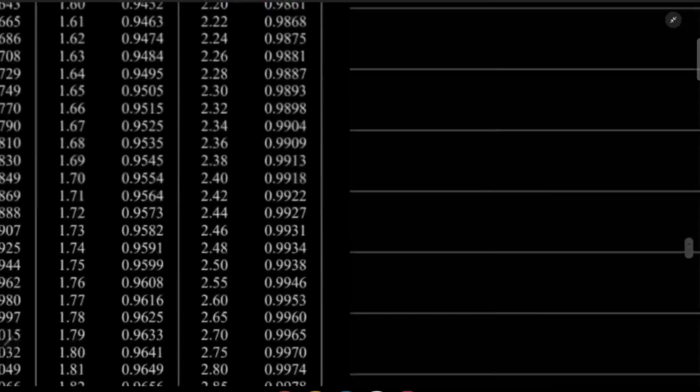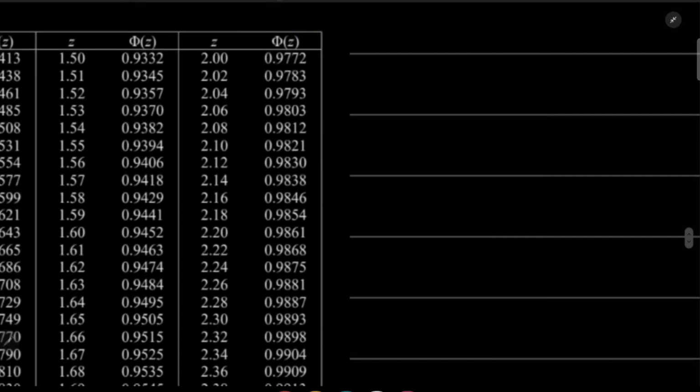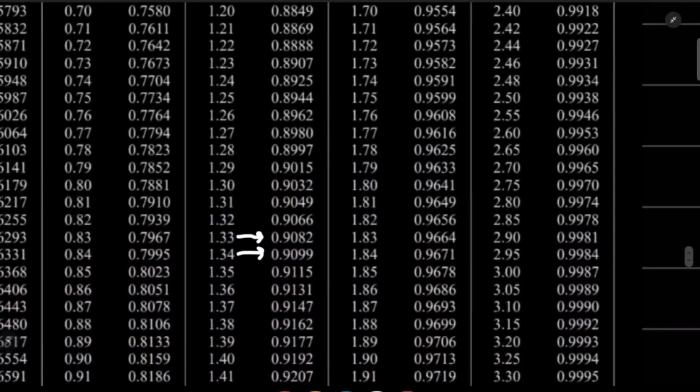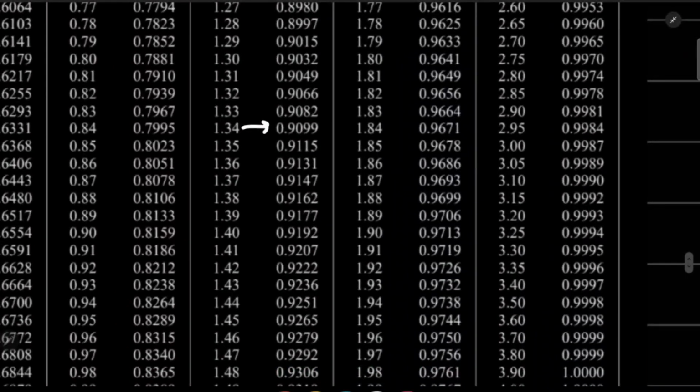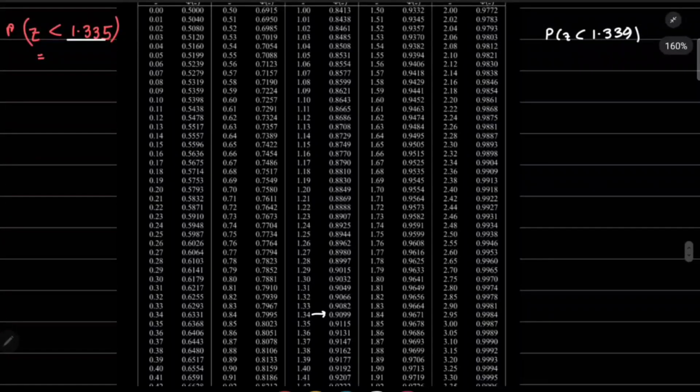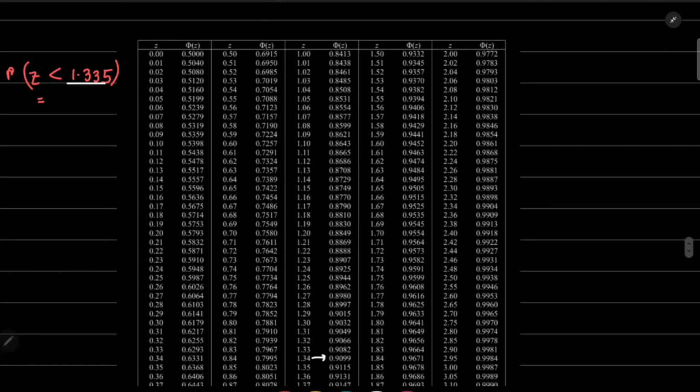This only works for cases with 4, 5 or 6. If I had something else, so if I had a z less than 1.331, I'd just use the value for 1.33. If I had 1.339, I'll just use the value of 1.34 directly. We only use the average in cases like this, when we have